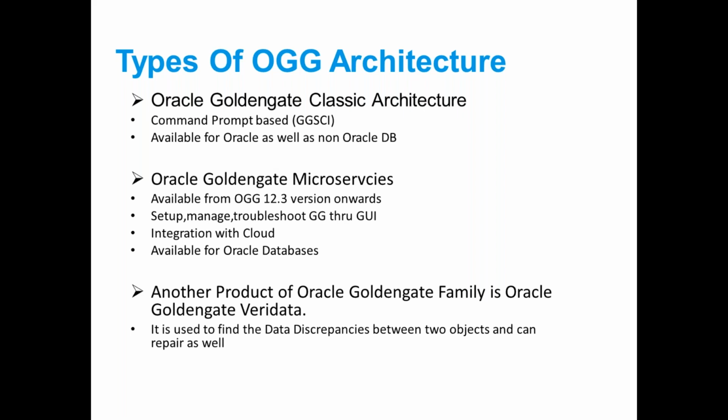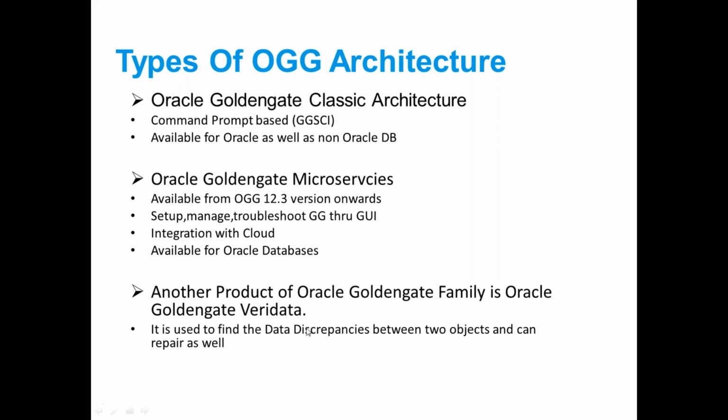You may come across opportunities where organizations are hiring people just for upgrading their classic architecture to microservices architecture, for short-term projects as well. So there are a lot of things going on in Golden Gate. You can consider microservices architecture as the future of Oracle Golden Gate, while classic architecture is the present. That doesn't mean classic architecture is going to be obsolete. Classic architecture is here to stay, and along with that, microservices is also there. You can choose either classic or microservices architecture to deploy in your environment.